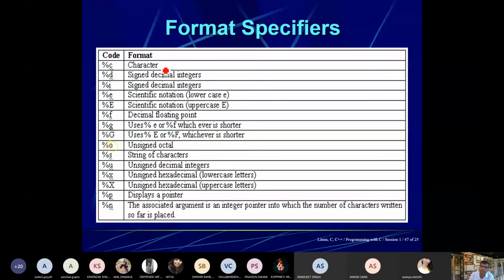If you want to write a character, use %c. For a signed decimal integer, use %d or %i. %e is scientific notation, and capital E is scientific notation in uppercase. We will see all of these in detail.